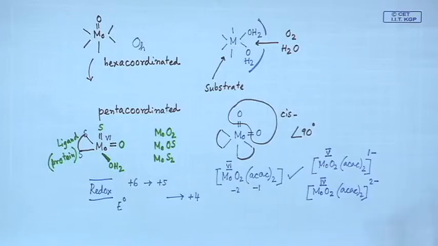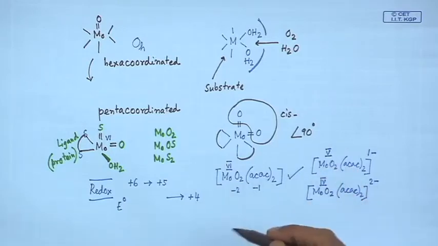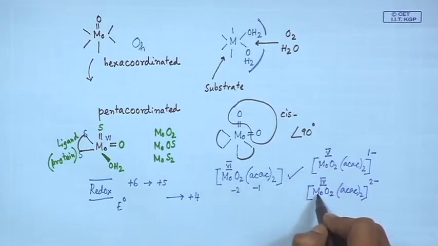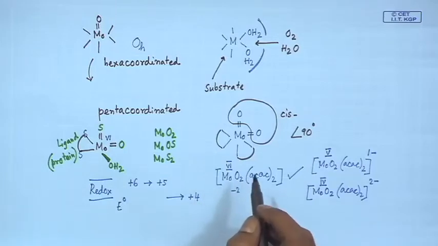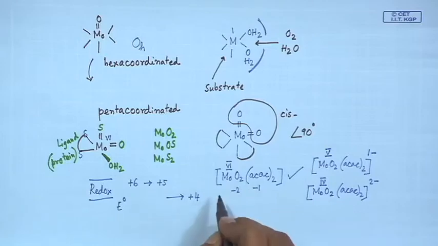So, during these redox transformations, we are moving from +6 to +5 to +4, and we are trying to push what? We are trying to push one electron to the molybdenum center. So, we are getting this particular center from +6 to +5 to +4, but what we know from our trivial knowledge of coordination chemistry is that this oxo function is a very interesting function attached to the molybdenum center, and it is also true that whether you can have the corresponding system on